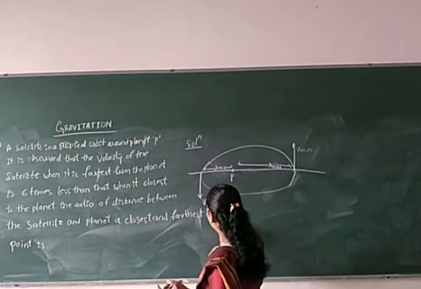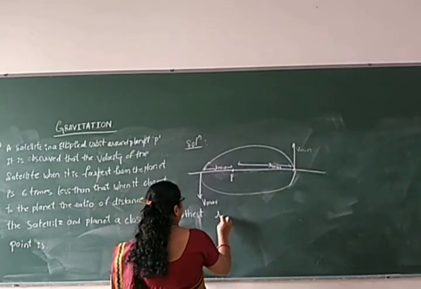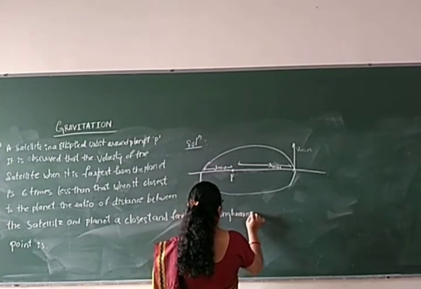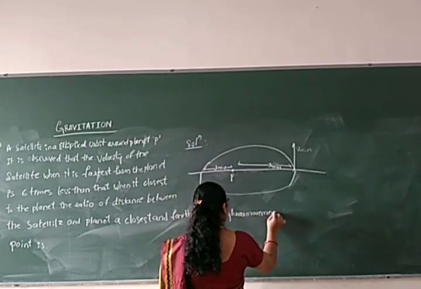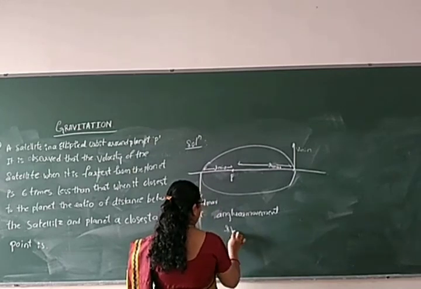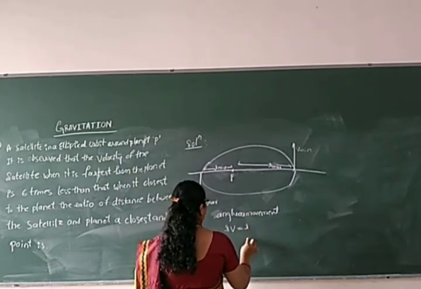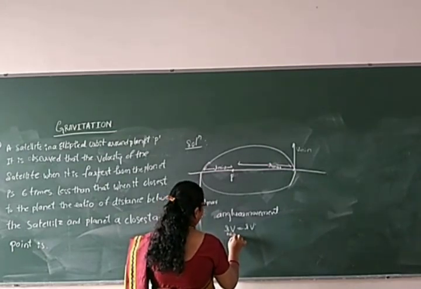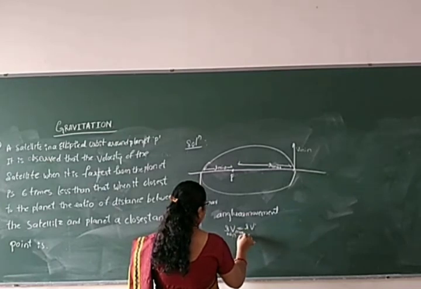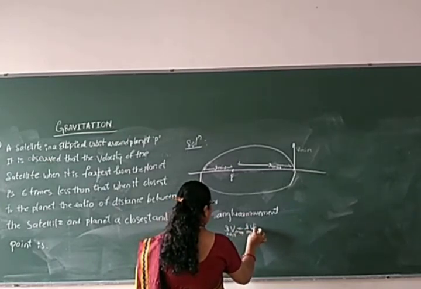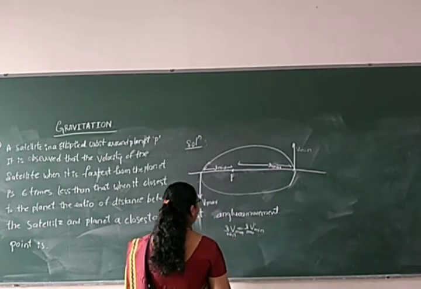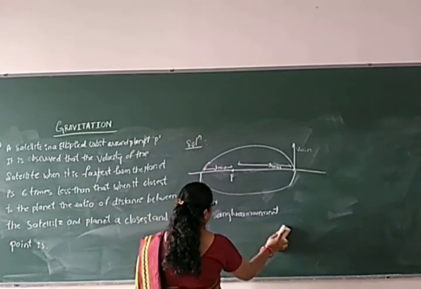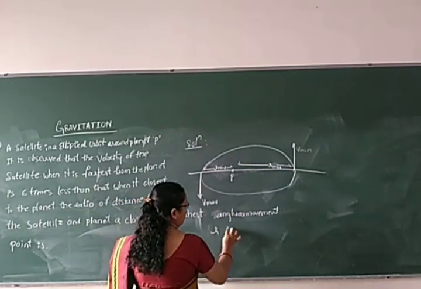Then in the question given here, angular momentum, what is that? It depends upon the radius and velocity of the first one and the radius and velocity of the second one. If r is minimum here, then velocity will be maximum. If r is maximum here, then velocity will be minimum. The ratio they have also given here. So I will write it once again. We will write it clearly so that you can observe it.